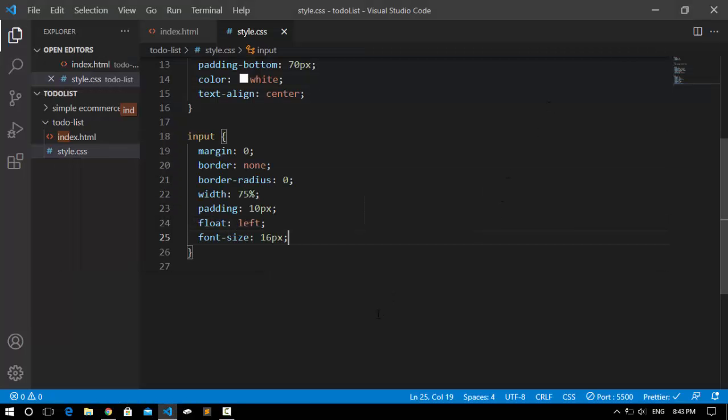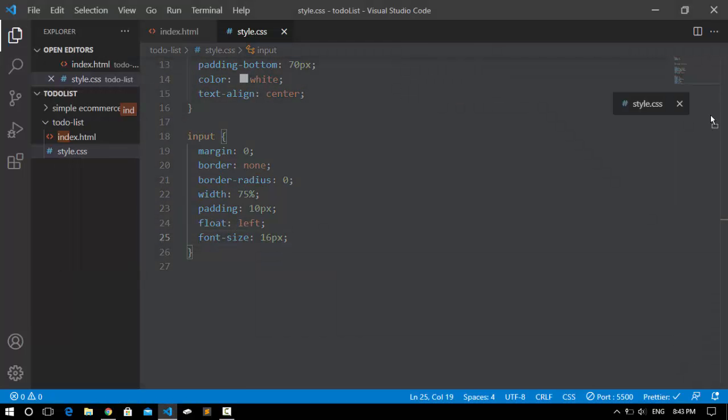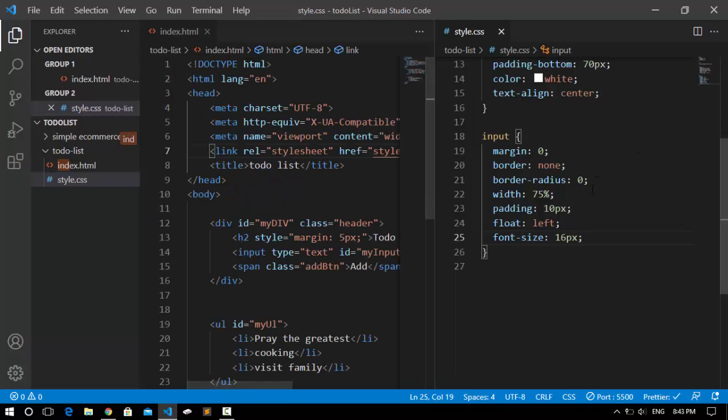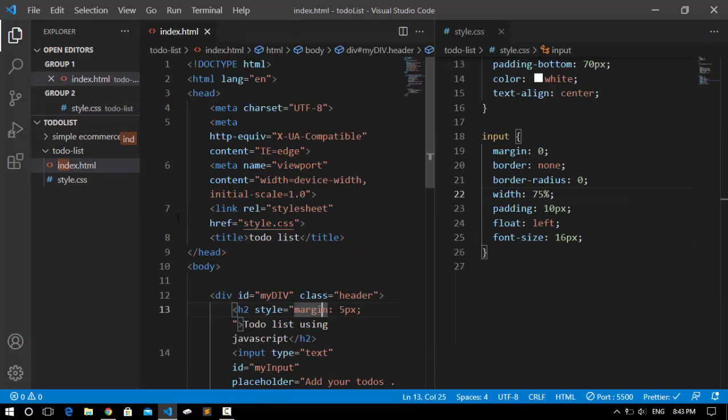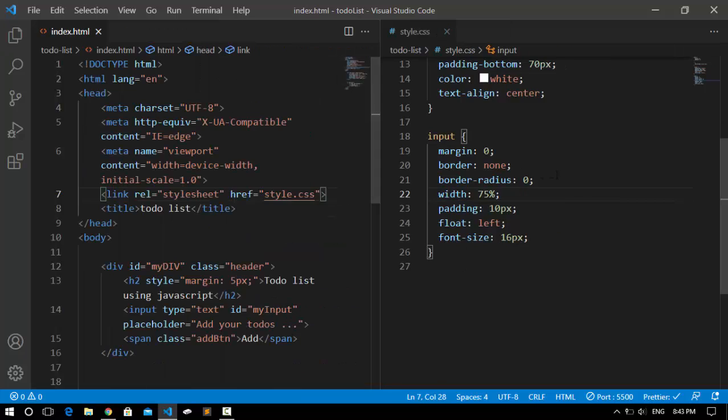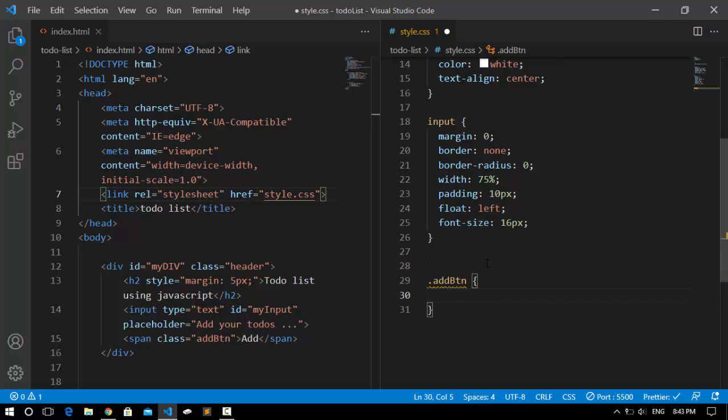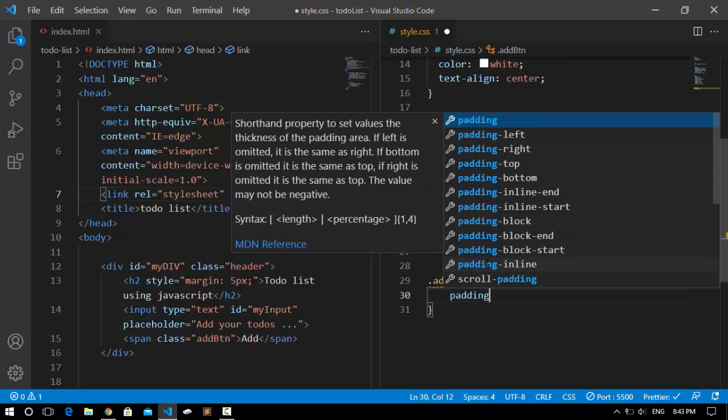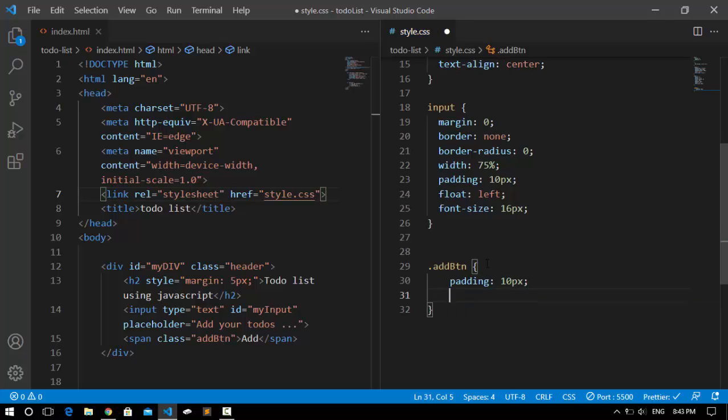To do so, I'm gonna come here. Let me do something here. I'm just gonna pass it here so you guys can see what is really going on, and I get rid of the ribbon. And after that here, I'm gonna come and select our button. So I'm gonna say add BTN. What I'm gonna do with the add BTN, I'm gonna give it a padding of 10 pixel and also a width of